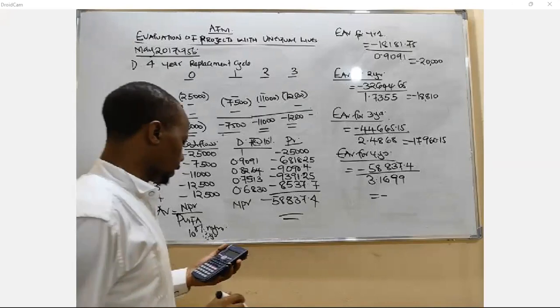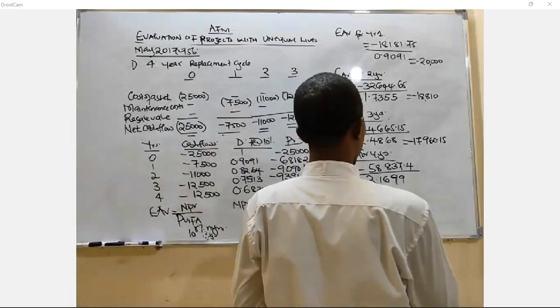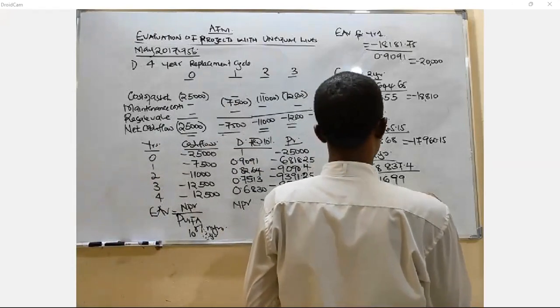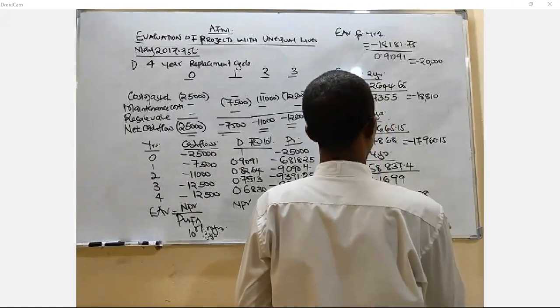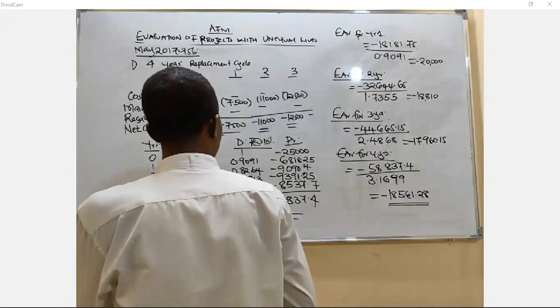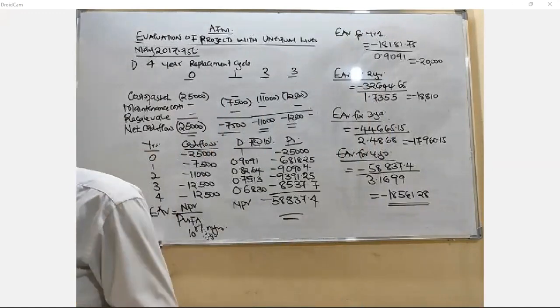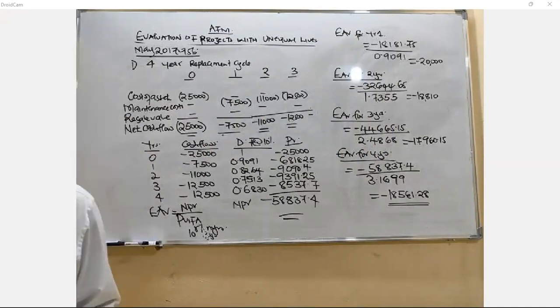There should be negative 18,561.28. Negative 18,561.28. And we said, when you are making these decisions here, we said where these approaches are basically used, it is